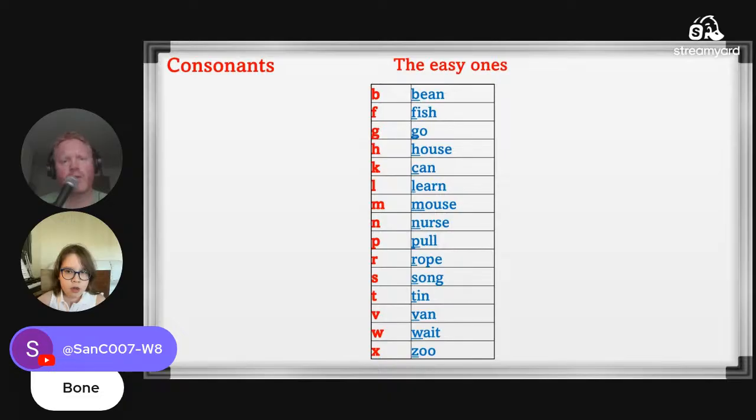Okay, so some of them are very easy. Why are they very easy? You can pronounce them. Well, they look exactly the same as some English letters, Roman alphabet letters. So let's just quickly go through the easy ones and then we'll do the weird ones. Okay, so what's the first sound at the top, number 1?